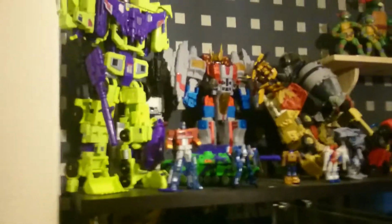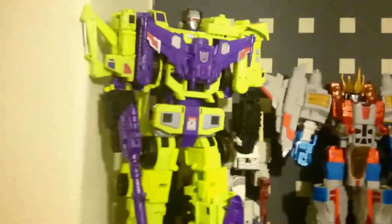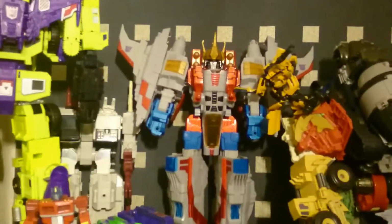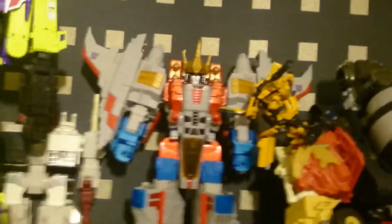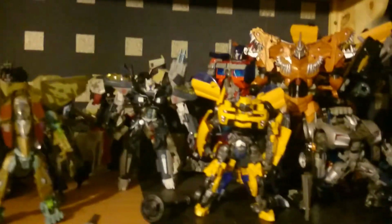And then one of the big collections that we've got, Transformers. Moving on to it all. Yeah, there's a lot, but we'll get through it all. So we've got Devastator. I'm not going to name everything, I'll just name a few. We've got the big Starscream movie Devastator. This is basically all just movie stuff on top. I know everyone hates the movie stuff, but I like the movies, so